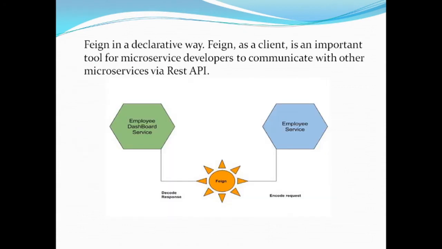Feign is mostly a declarative way, where we create a Feign client to consume a microservice which is available in your dashboard. Here the Feign client can provide encryption and decryption for your request responses, and logging can also be done. The application can always be traced by using your Feign client, which avoids the unit test cases. Feign client also communicates between producer and consumer applications using REST API calls. We can just make use of the instance name and the instance IDs.